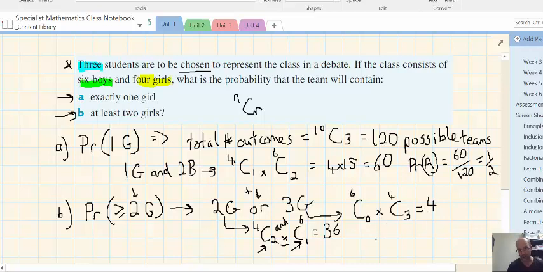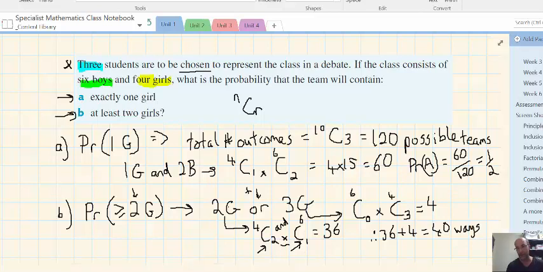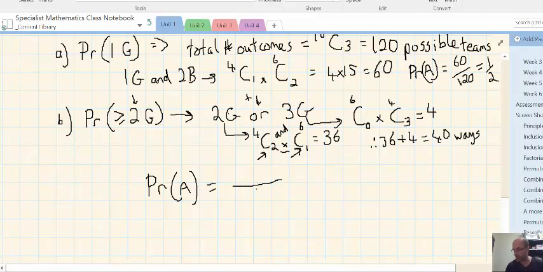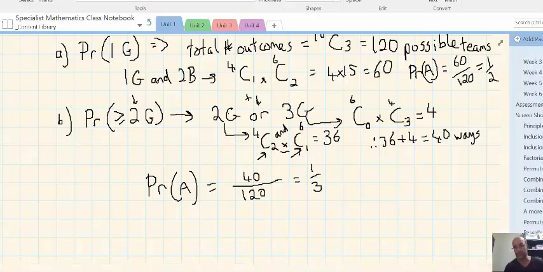So we've got to add those together, so we've got 2 girls or 3 girls, so therefore we have 36 plus 4 ways of that happening. It's 40 ways of that occurring because of the "or" factor. Alright, final step. In the final step, remember we had 120 possible teams and we have 40 ways. So we go 40 over 120, which